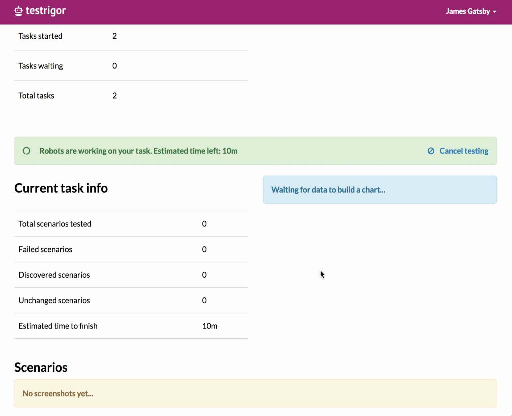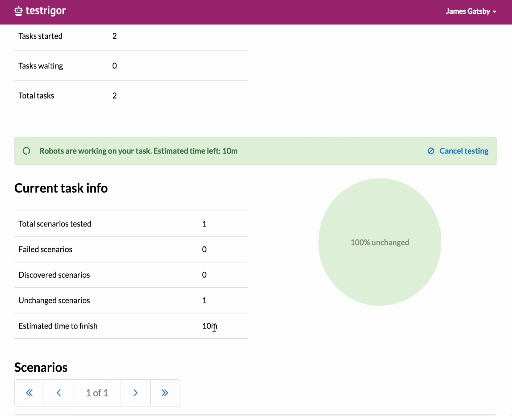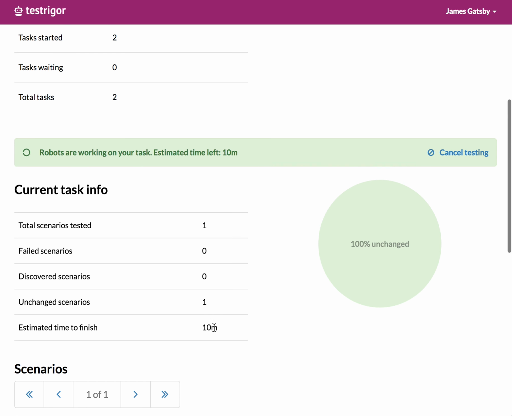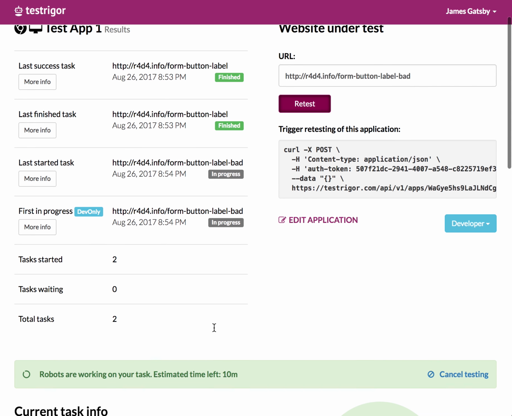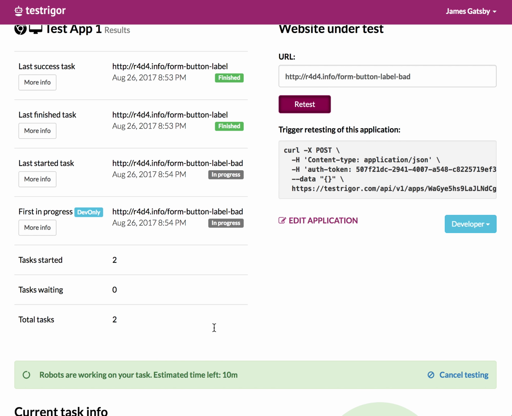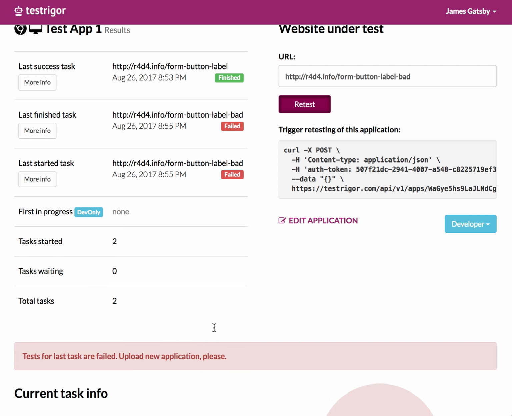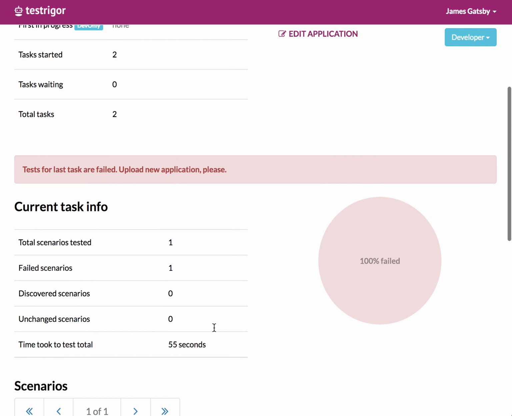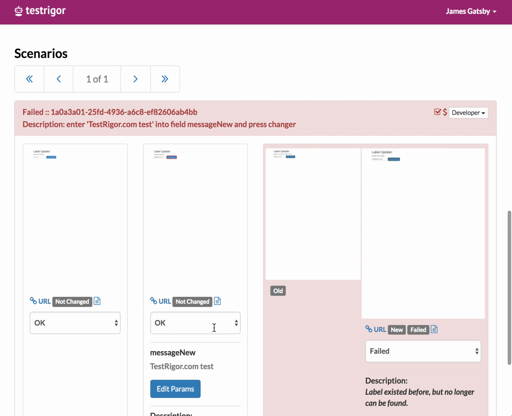And we will show by default that the estimated time to finish is about 10 minutes, because we add additional time just in case we need to detect new functionality which you have introduced in a new version. But the estimated original time was 35 seconds, and that is how long roughly it should take to go through existing functionality and retest it. And retesting has finished, and you can see that